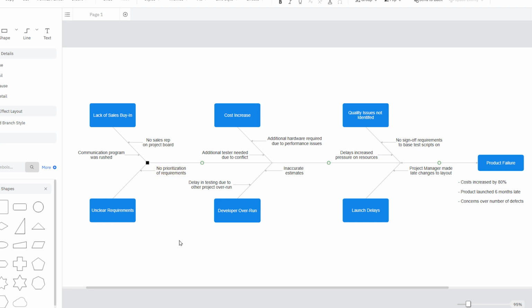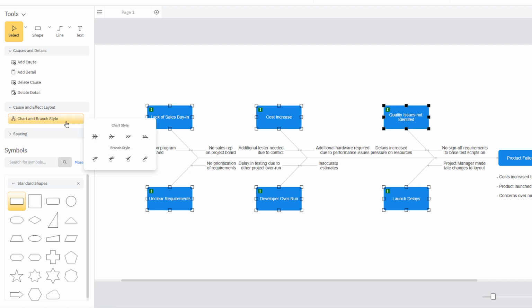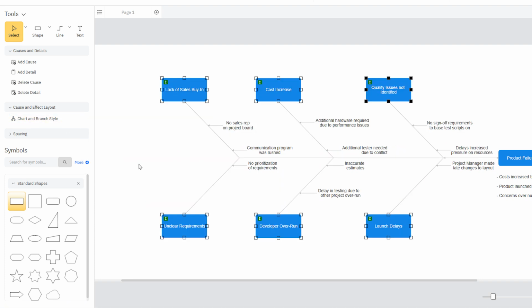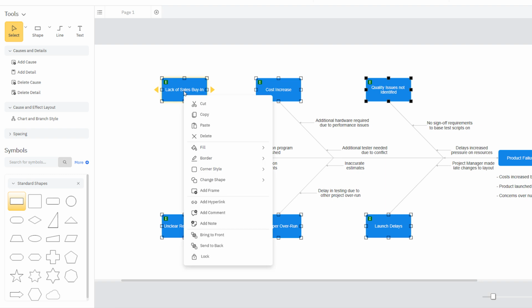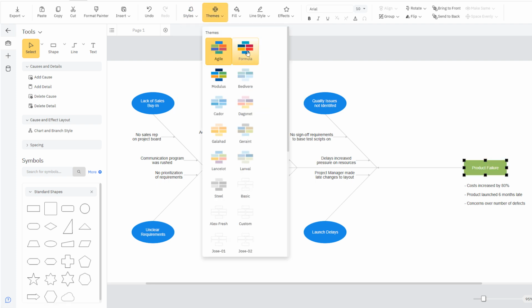To change the branch style, choose from one of the branch style options here in the Smart panel, and the diagram automatically shifts to that format. You can change the shape of your symbols by selecting them and choosing an option under Change Shape. You can further customize the diagram by selecting different quick styles or choosing a different option from one of SmartDraw's